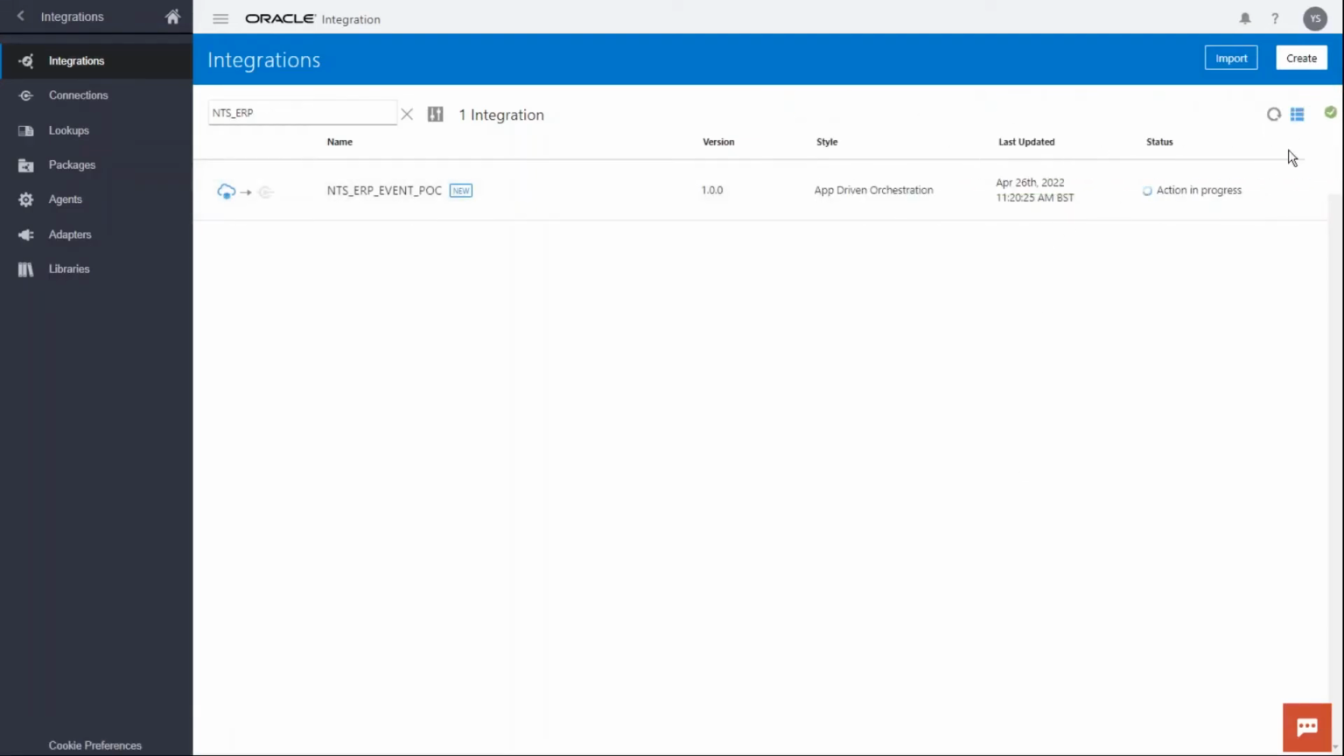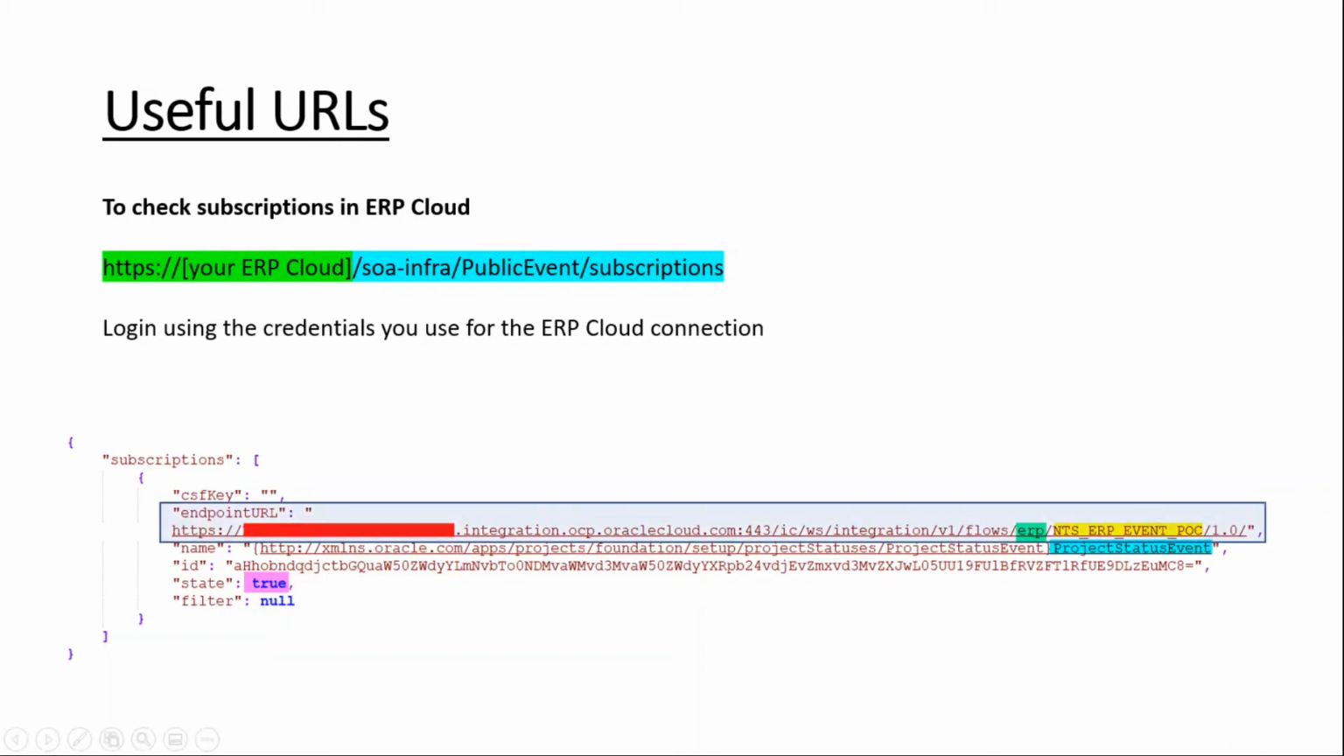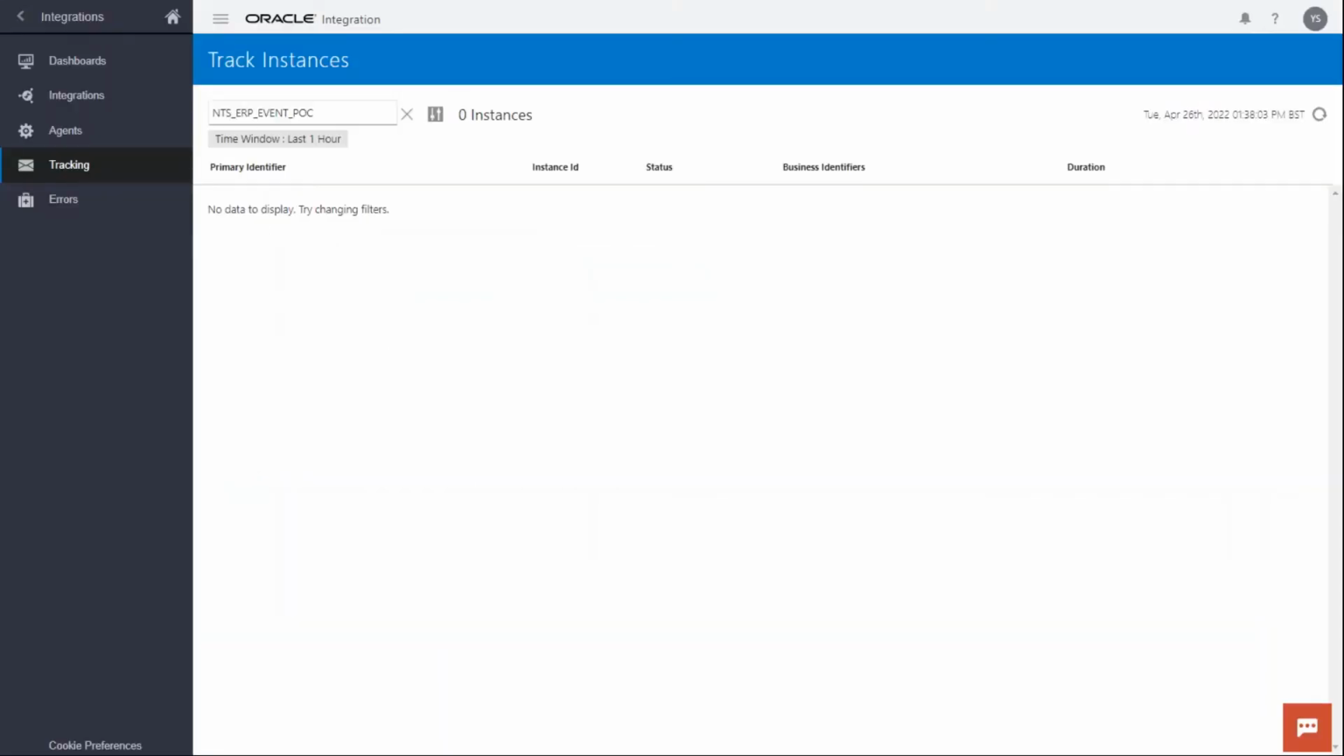You can check on your ERP Cloud instance for what current subscriptions exist by going to the SOA Infra public event subscriptions URL. Once you've logged in, you'll see a JSON payload detailing all of your subscriptions. The subscription entries show an endpoint URL for our new OIC integration. This means that when the project status event is triggered in ERP Cloud, it should fire our new integration in